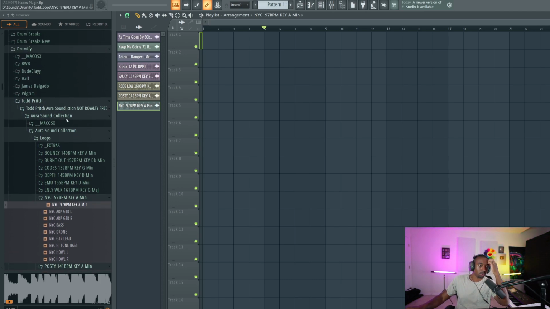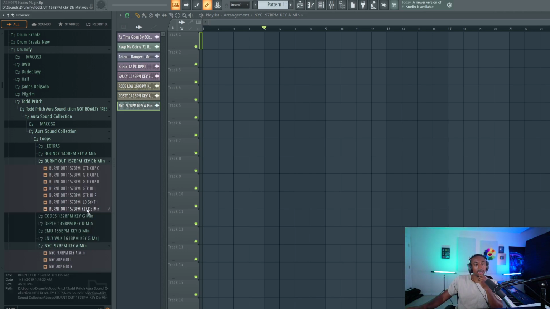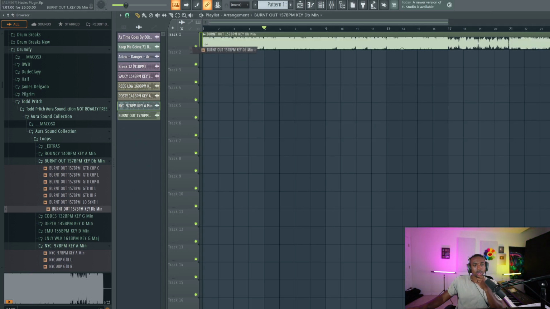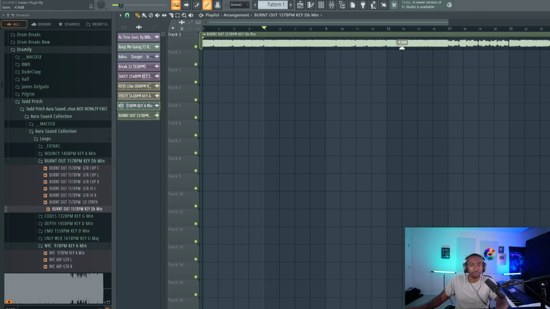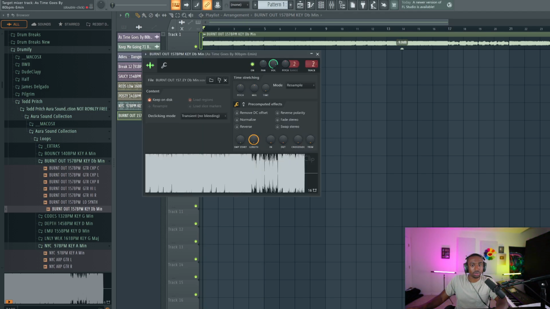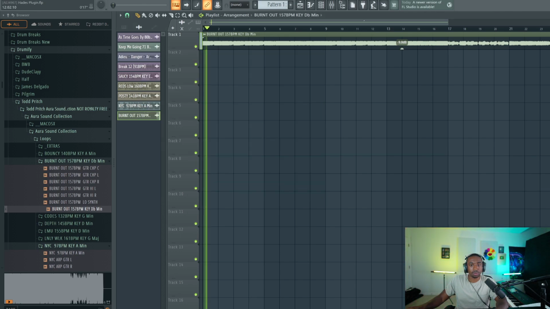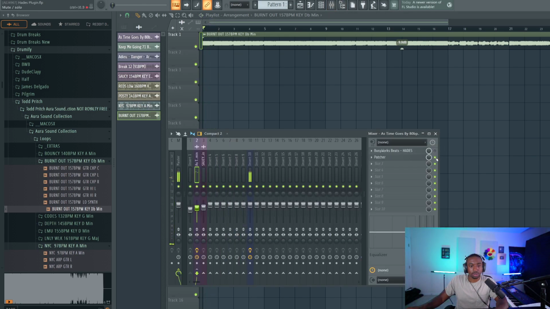Now let's do one more technique, and really it's a production technique more so than it is an effect. Let's take this loop for example. That's a very full sample, so let's turn it down. It looks super loud. I'm going to route this to channel 2 just so we have our own custom sound on it. Let's turn on the chain.